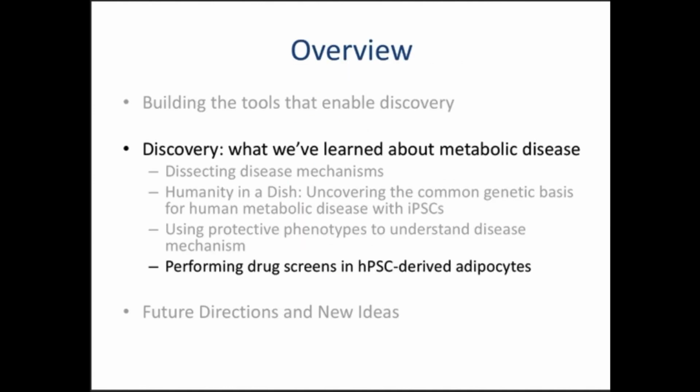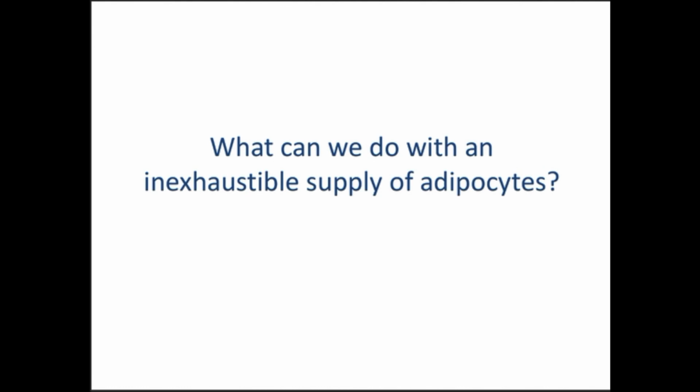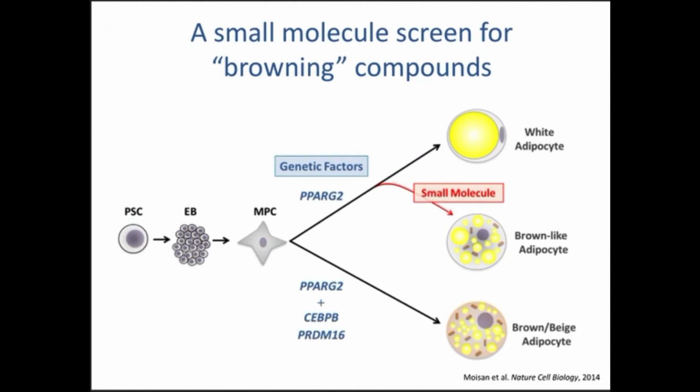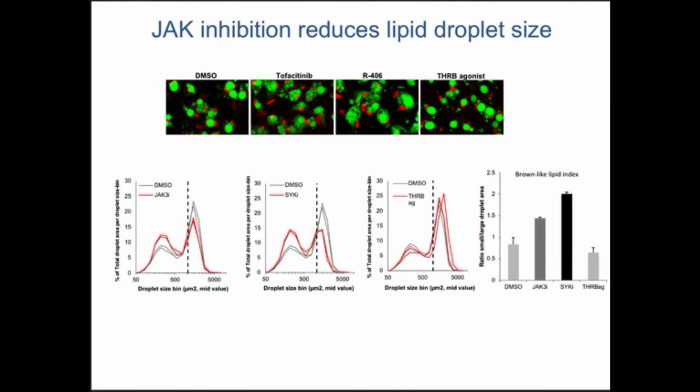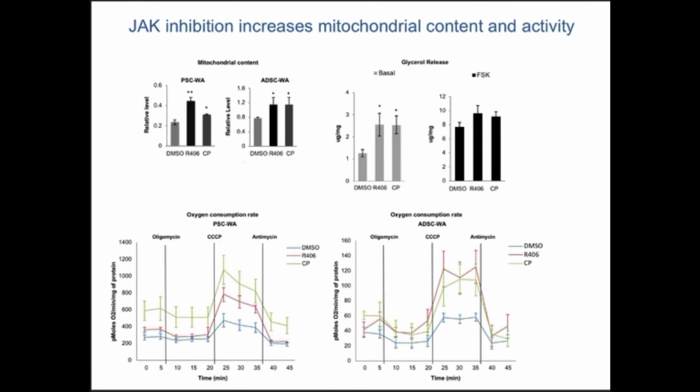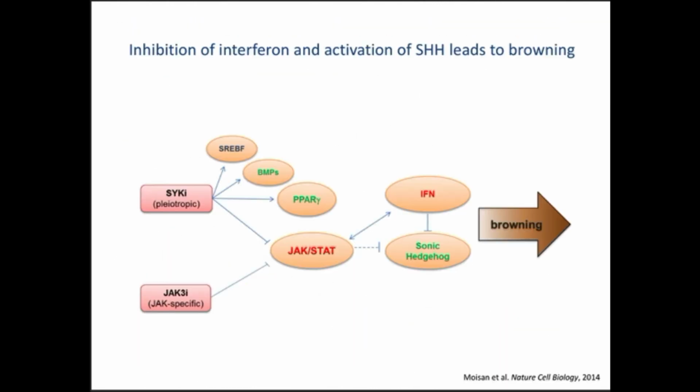Okay, so I'm going to skip a lot of this. This was the answer to my mother, which is, what do you do with an inexhaustible supply of adipocytes? You can do a small molecule screen. So we did that. We teamed up with a group at Roche. We did a small molecule screen, and we'll just skip ahead to the final figure, which is we figured out how to turn white fat into brown fat by throwing some small molecules on it,